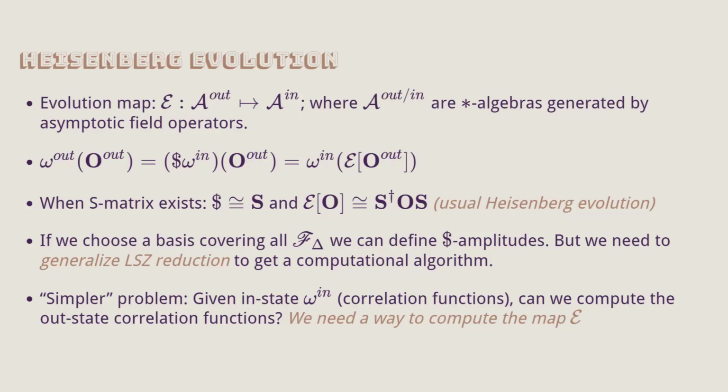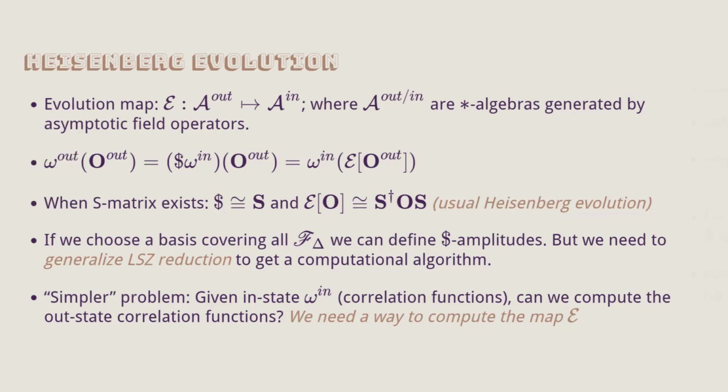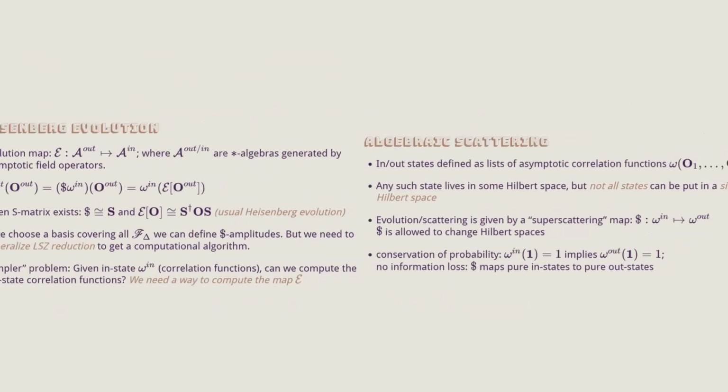But a simpler way is what I was trying: let's compute the out correlation functions. Let's not worry about amplitudes. I mean, one should worry about amplitudes. But for now, let's do the simpler case of can we compute some out observable one-point function? And what I'm going to show is that, yes, if you know how to compute this evolution map, you can. So finally, I'll give a formula for this evolution map. But that's the setup. I'll define some evolution map that comes from actual QFT.